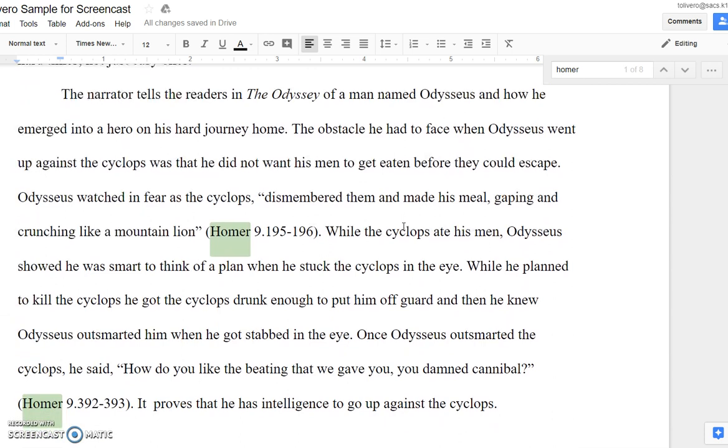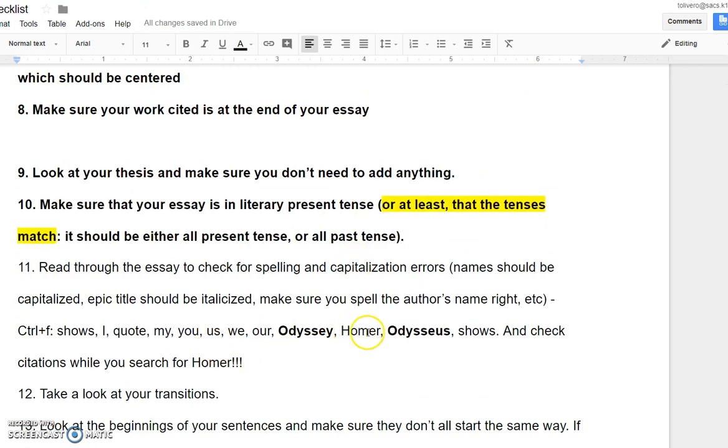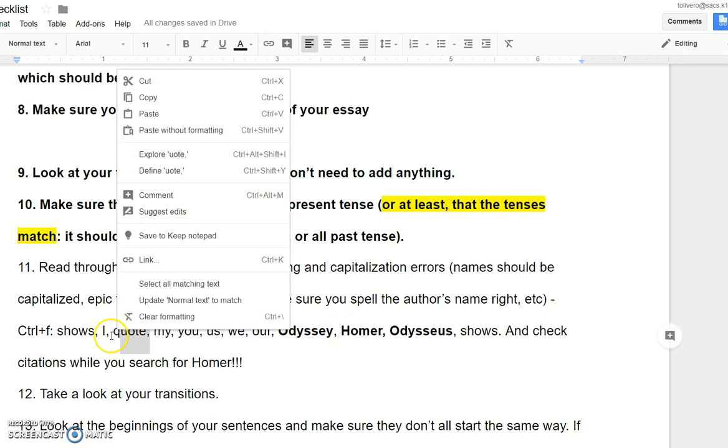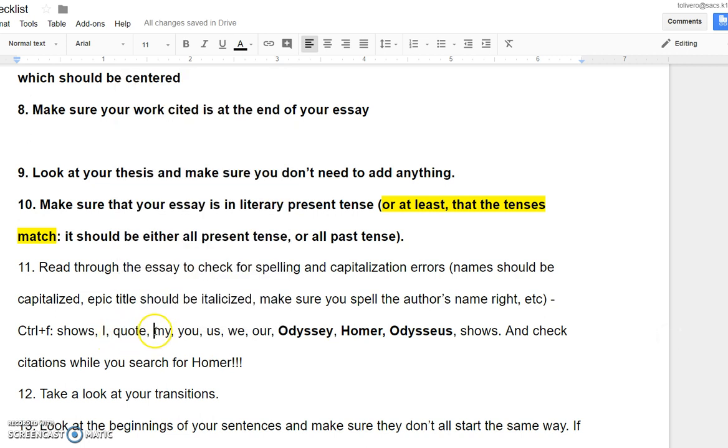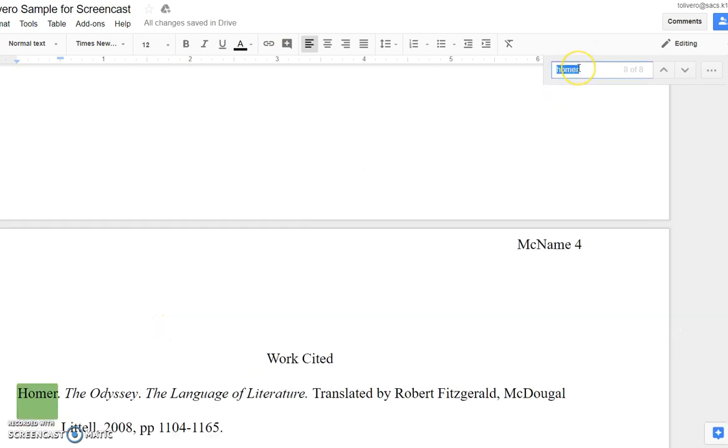Good. Alright, so you can search Homer. You can search the word quote, because remember, you cannot use the word quote anywhere in your paper. Okay, so if we do quote,